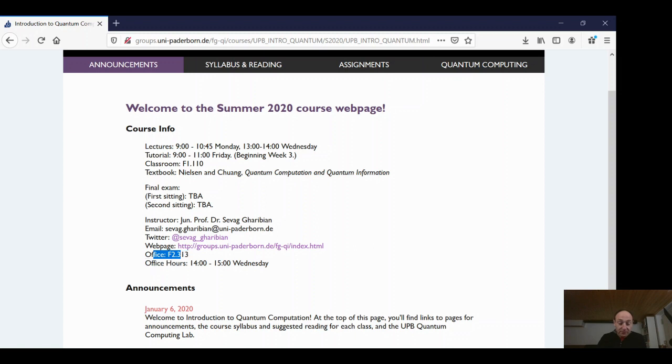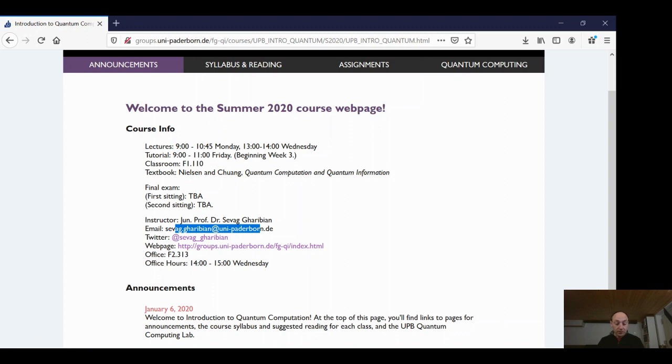My office is this, although I'm not in my office nowadays, so you can forget about office hours. But what I've done is I've set up a discussion group on Panda. So for those at University of Paderborn, of course, you know what Panda is. On that news group, you could ask any questions you might have that other students might be able to answer, or myself. If you have, of course, a more direct matter to me, you're welcome to email me at this address here.